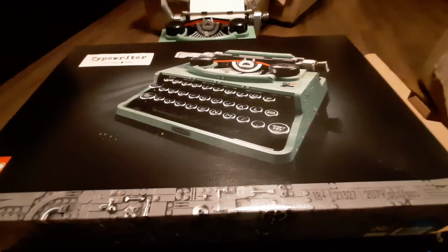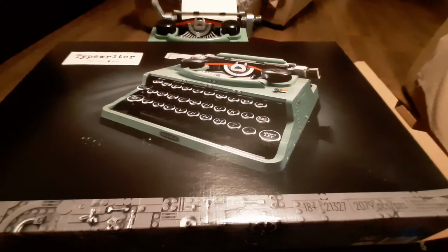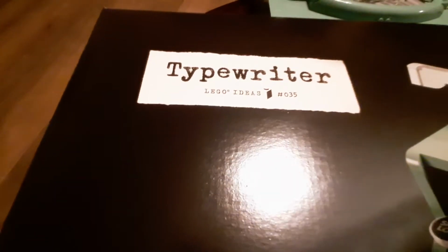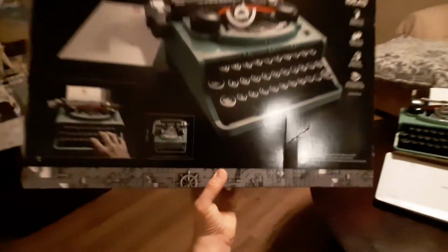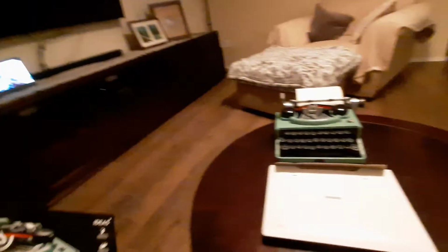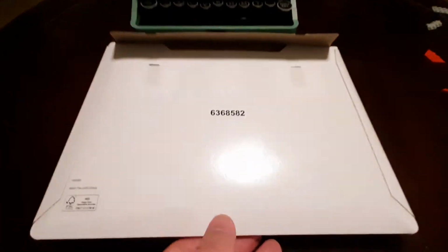Good morning. Welcome to an episode of Brickwives, where we will review the Lego typewriter, Lego Ideas set number 35. This is probably going to be a fairly short review. We've already done the unboxing video, so we've already kind of seen all this. However, I'll show you one thing